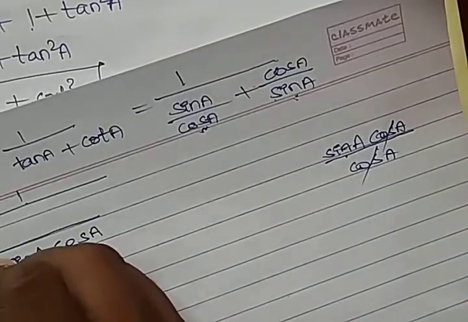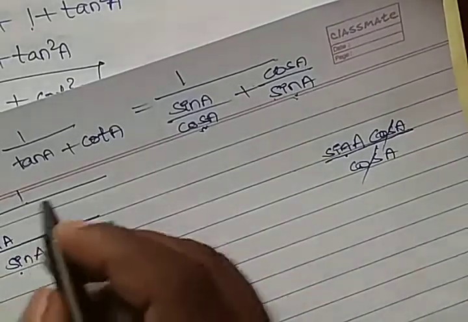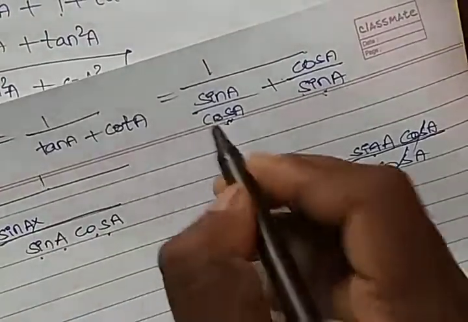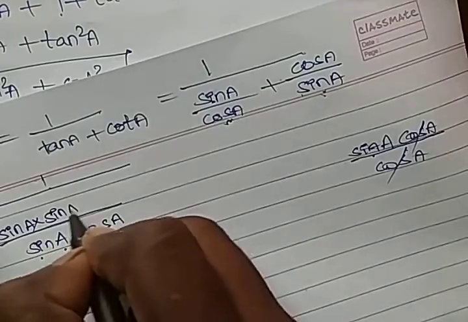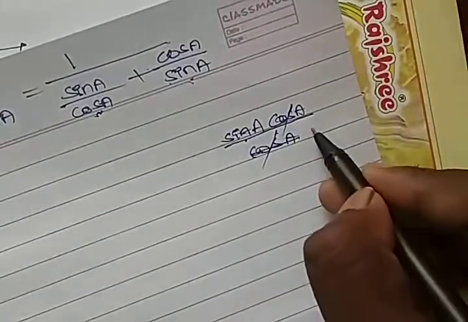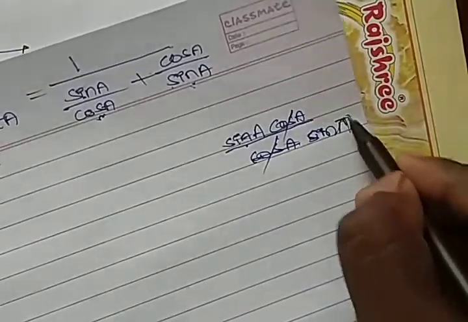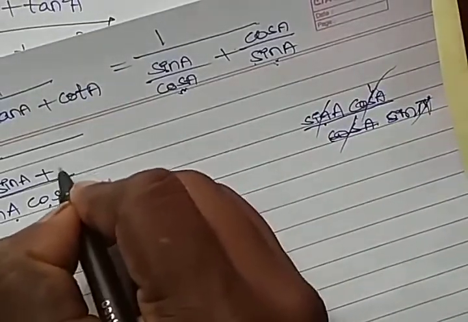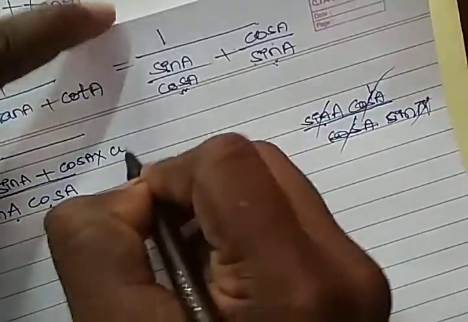So that we will write. Whatever is left there, that we'll write into already present value, that is sin a, plus this sin a. अब इस cos की जगह पे sin a है, तो sin a cancel, cos a will be left. So here we will write cos a is left, and already value is there, that is also cos a.